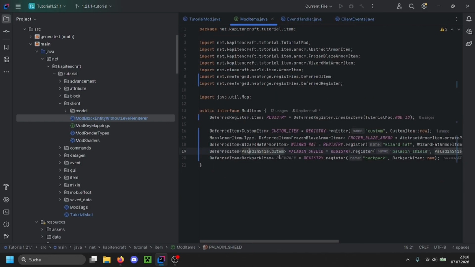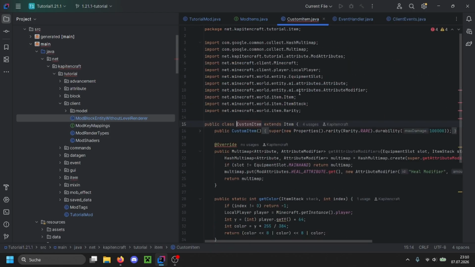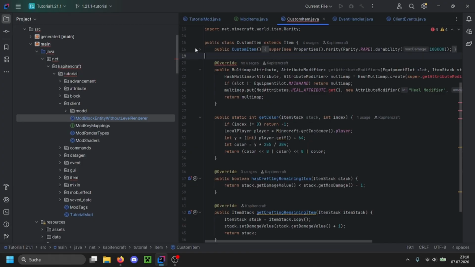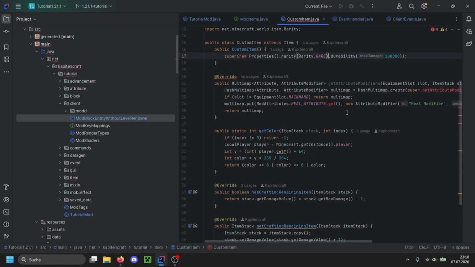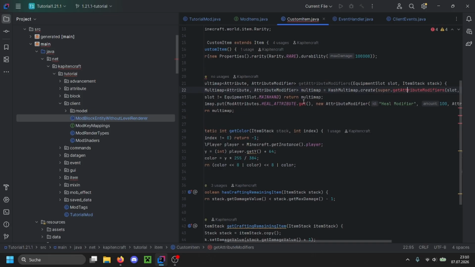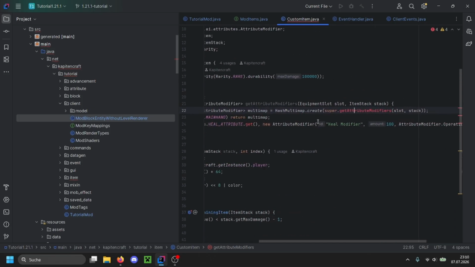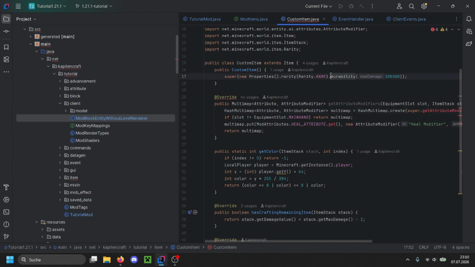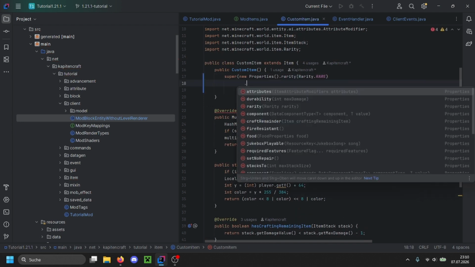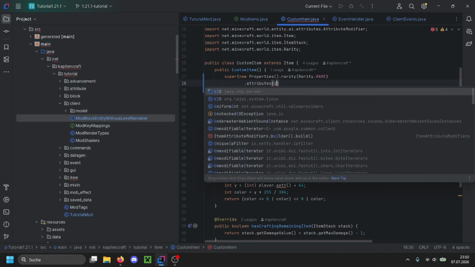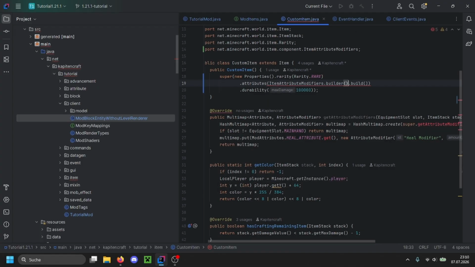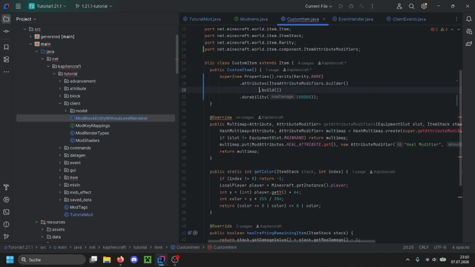With this, we have all the items updated, well, except the custom item, which we'll get to now. The custom item is a little bit difficult because we're going to add a custom attribute modifier for healing, which should add 100 of the custom heal attribute we added. So instead we have to do this in here with an ItemAttributeModifiers builder.build, but we have to call .add on it with the ModAttributes.HEAL attribute,